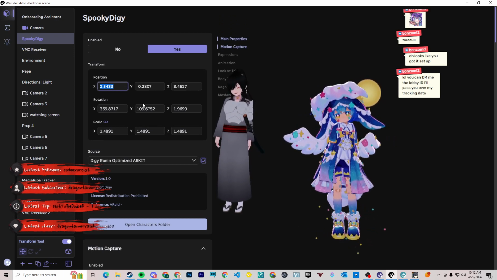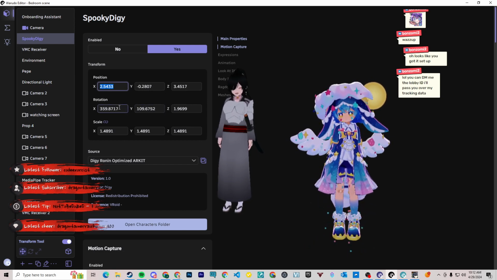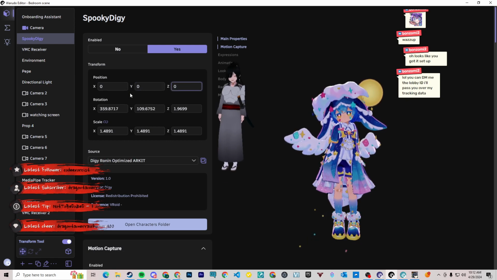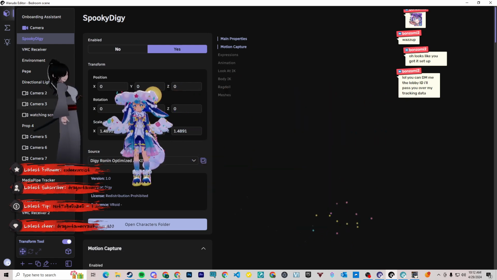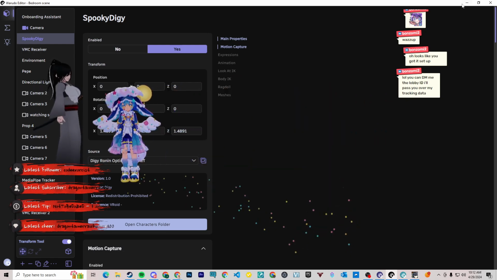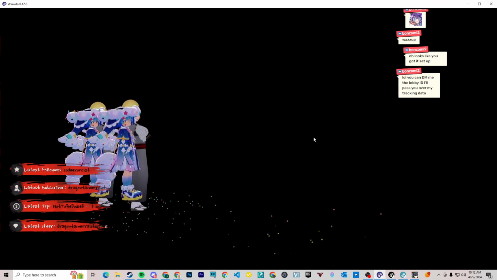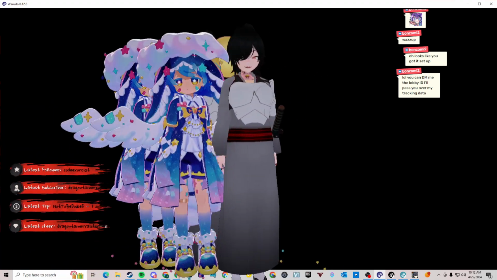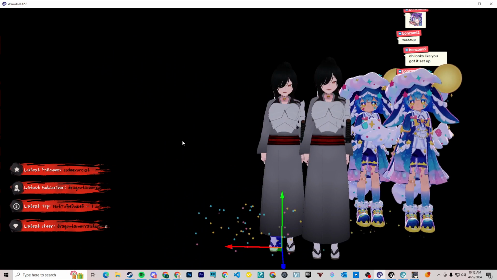So it's okay, this is crazy. You can set it to zero rotation, zero zero. And then 0, 0, 0, and then move the camera. Yeah, now we're aligned properly.